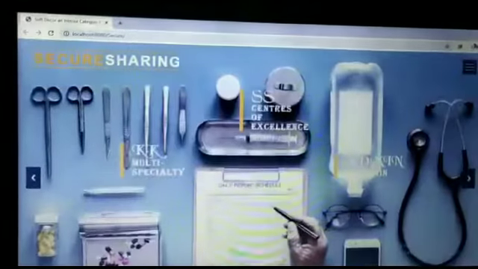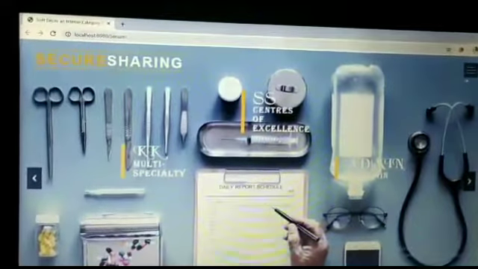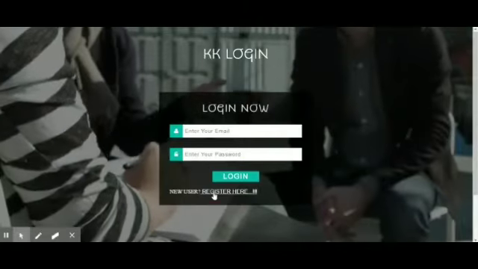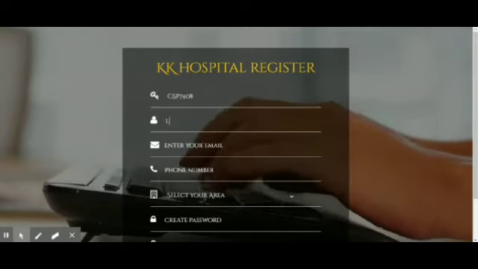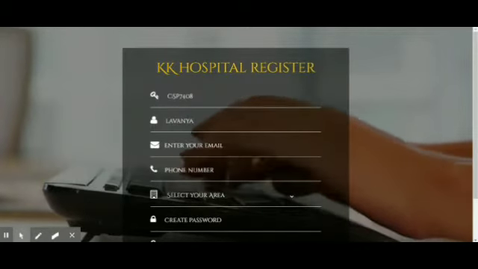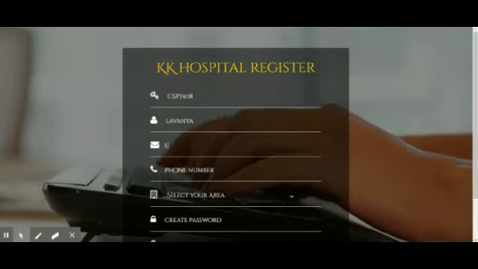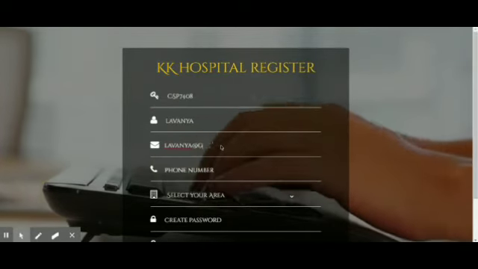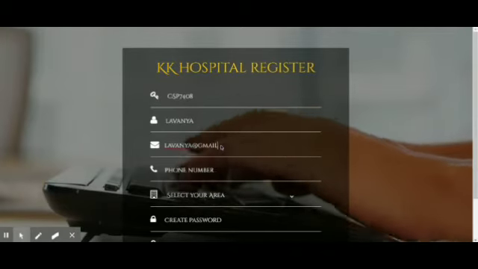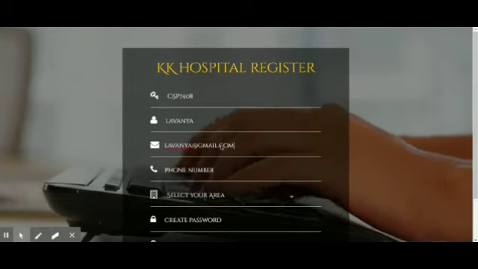And now it's going for the secure sharing part. On clicking it, it will ask which hospital it is for, and we select it. We have to get a key for further use. At the start we can see the key, which is unique to all users. After entering all the details, we have to submit here. After submitting it to the hospital, we can use the key for further use.